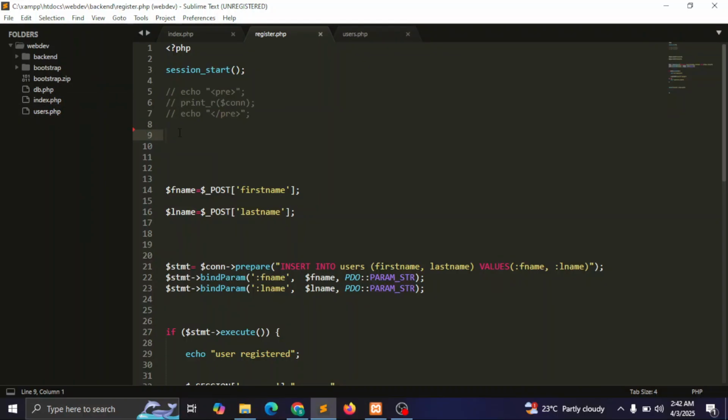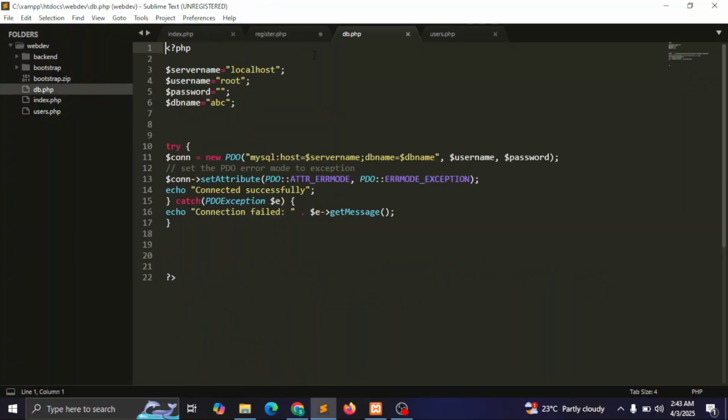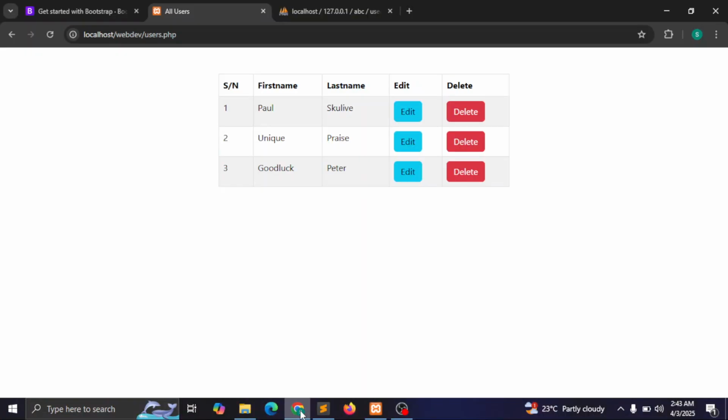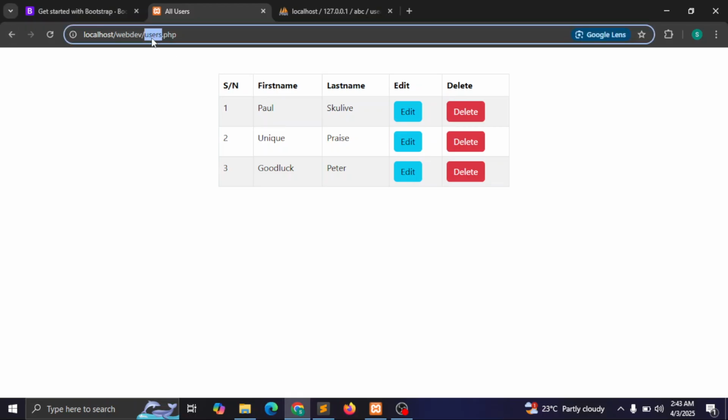So we're going to include it into this file. So we're just going to say require db.php. So this function helps us to include this file and all of the code in this file in our register.php. Okay. So just to test that out, let's go to our index.php